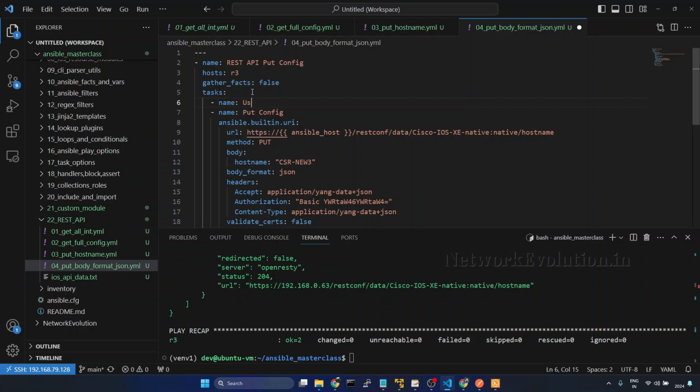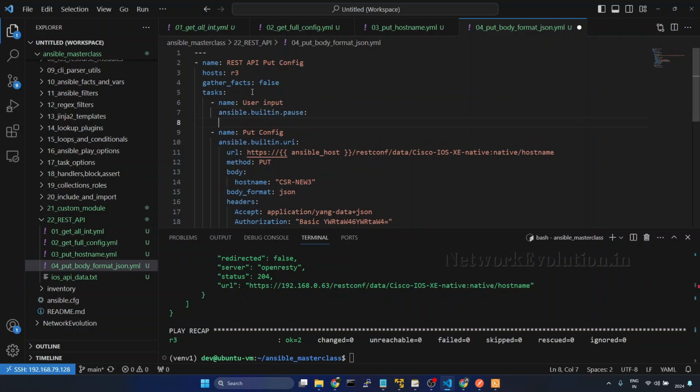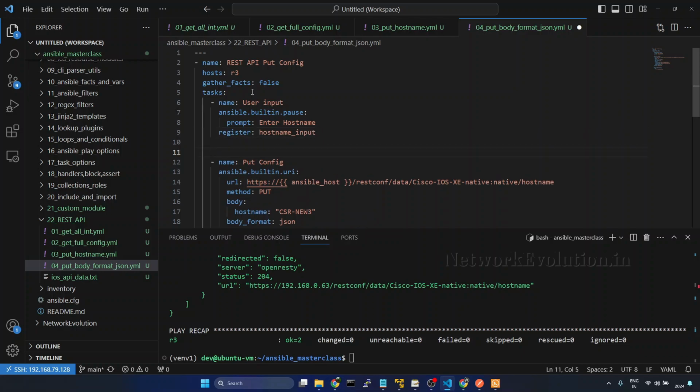Name: user input, ansible.builtin.pause, and in the prompt we will ask the user to enter hostname, then we'll register hostname input. Then set fact for hostname,